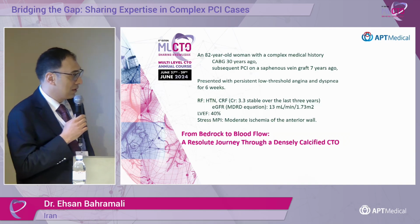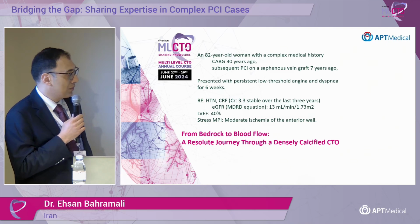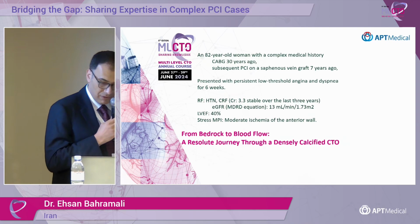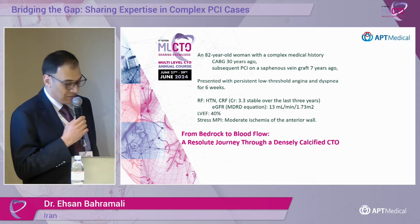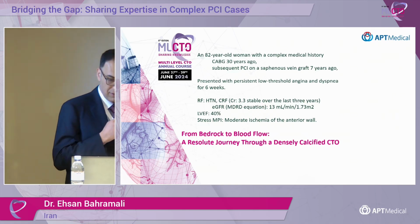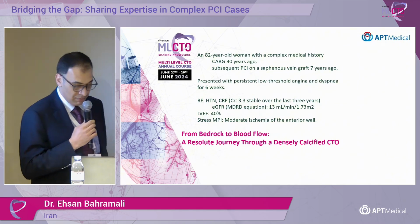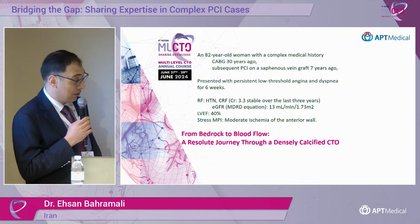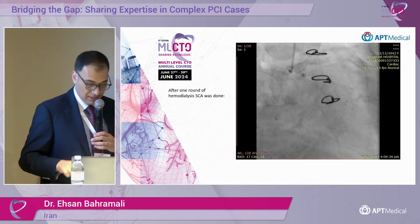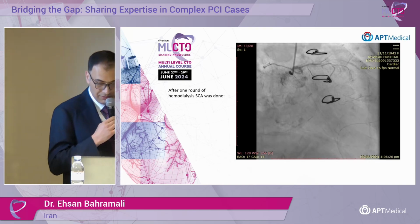hypertension and chronic renal failure with a serum creatinine level of 3.3, which was stable over the past 3 years under my follow-up. Her ejection fraction was 40%, and because of the renal failure, we first performed a stress myocardial perfusion imaging, which showed a moderate to severe ischemia of the anterior wall. So we prepared her for hemodialysis, did 1 round of hemodialysis, and went for the coronary angiography, which is